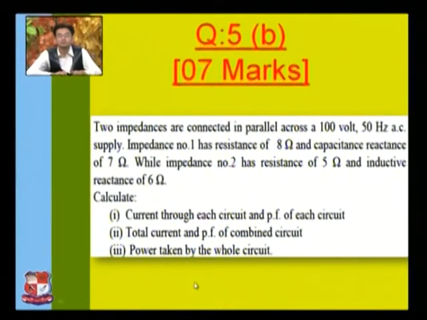Now let us see the next question. In this question you are also given a parallel circuit, right, and two impedances are given. The two impedances are connected in parallel across a 100 volt 50 hertz AC supply. Impedance number 1, that is Z1, what is the Z? Z is under root R square plus the reactive component, or you can say R plus jXL or R minus jXC. So what is the value of R? Value of R is